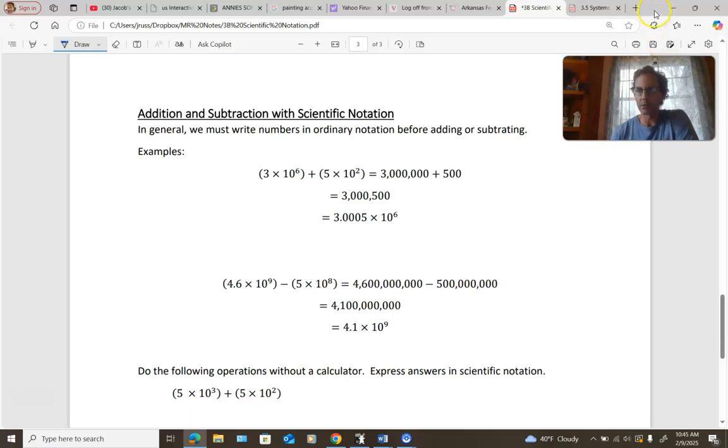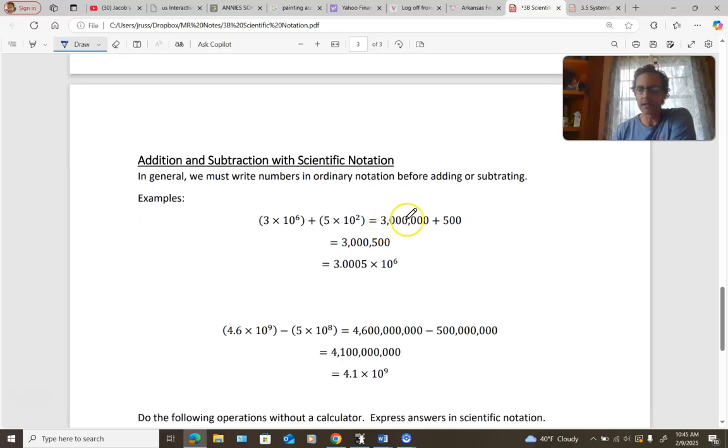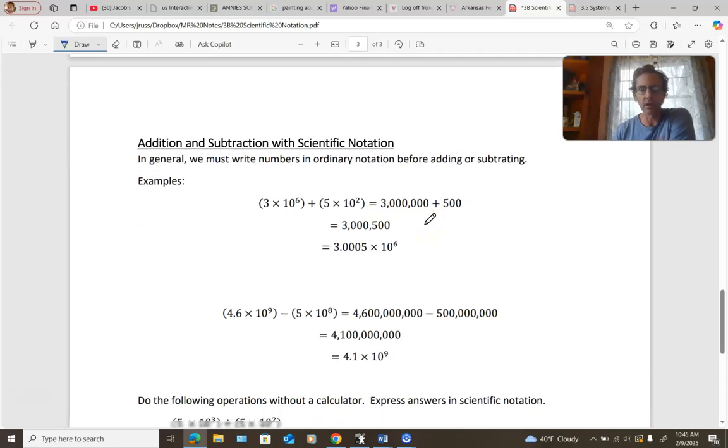Alright, welcome back guys. We're going to finish up 3B on scientific notation. So we just finished looking at multiplying and dividing numbers that are expressed in scientific notation. So now what we're going to do is look at adding and subtracting them. And then we've got a couple little